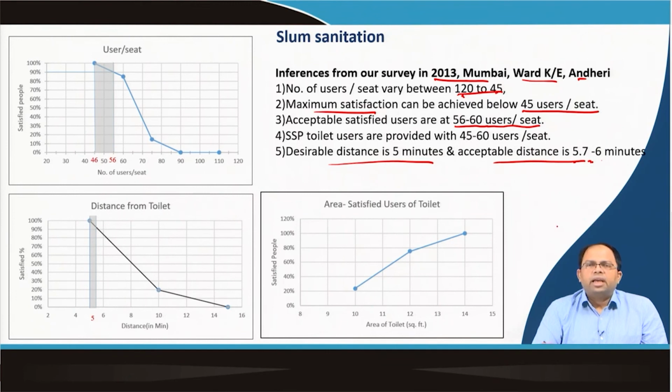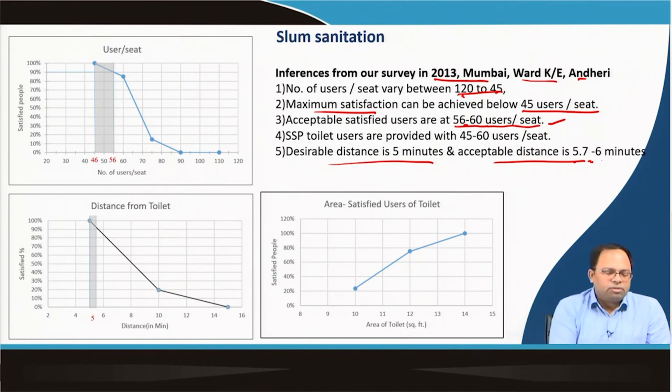Based on that we can have multiple community toilets even within one slum, and that actually takes care of the coverage, and the number of WCs or urinals or seats inside toilets could be decided based on these standards, where we can see that around 50 to 60 users per seat people were more or less happy. So, I think that is what is shown over here.